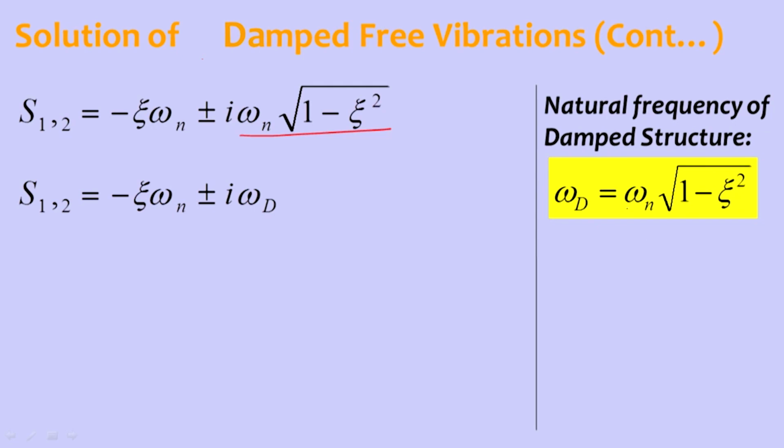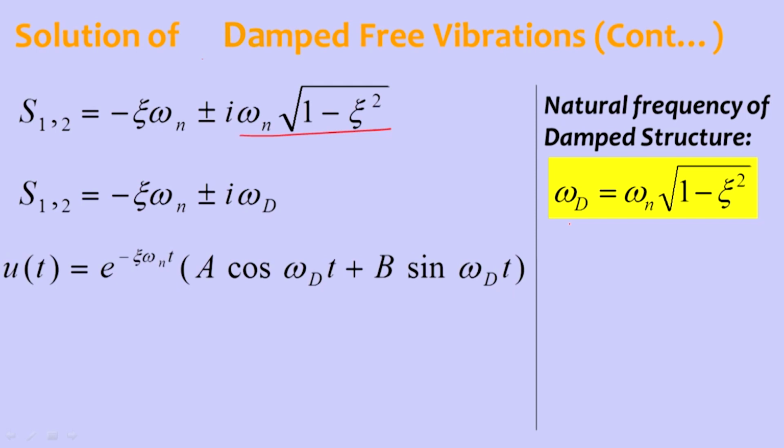From this equation you can clearly see that when zeta is 0, the damped natural frequency is equal to the original natural frequency. So that means zeta is reducing the natural frequency, or in other words it is increasing the natural period of the system. We can say that because of the presence of damping, the period of vibration elongates. Then upon substituting s1 and s2 in the solution form, we get